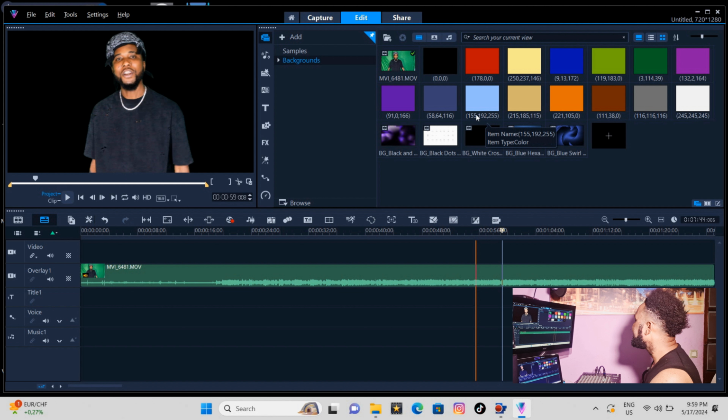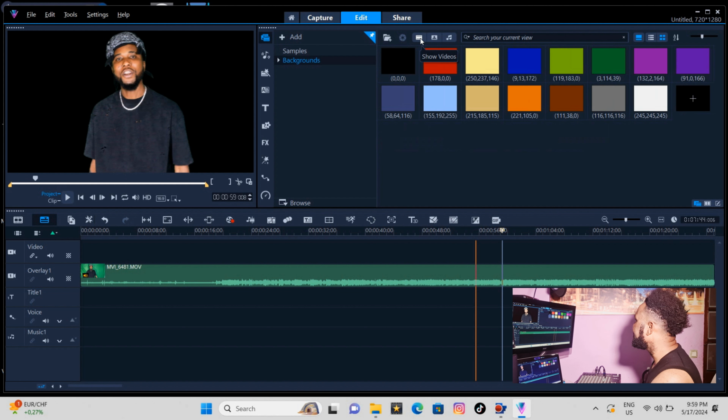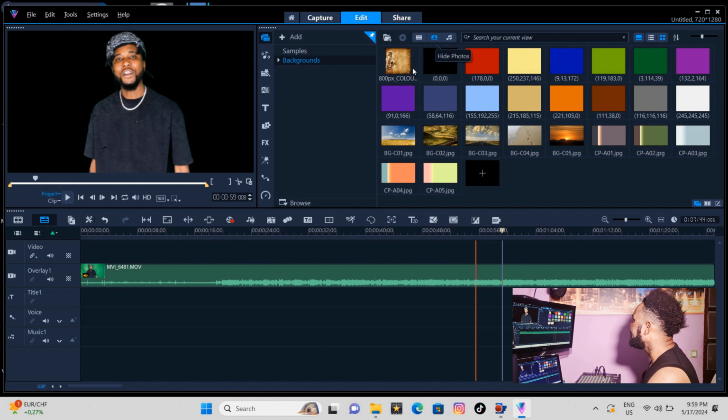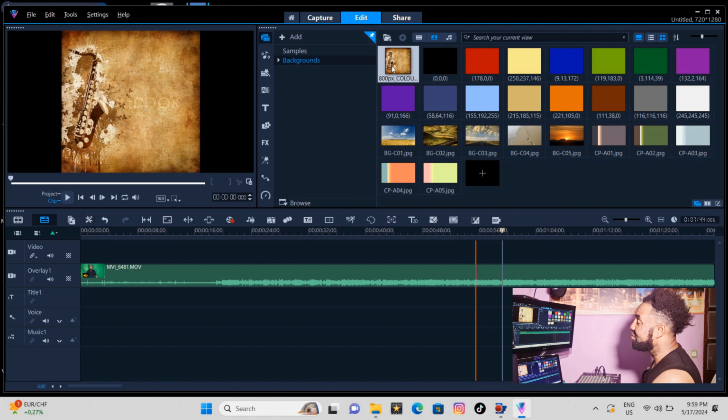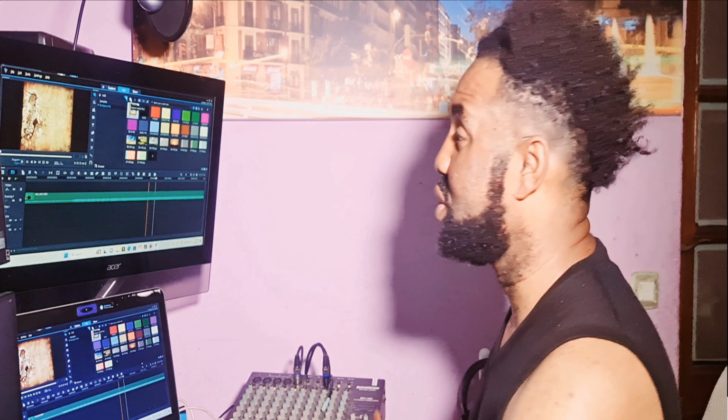Then I look for a background, then I have to come to picture, depending on the background. You may use video background, picture, image, whatsoever. Now I'm going to use picture background, you understand? Now this picture is here. If I may not use this picture, I can go to my file and select any picture that I want to use.